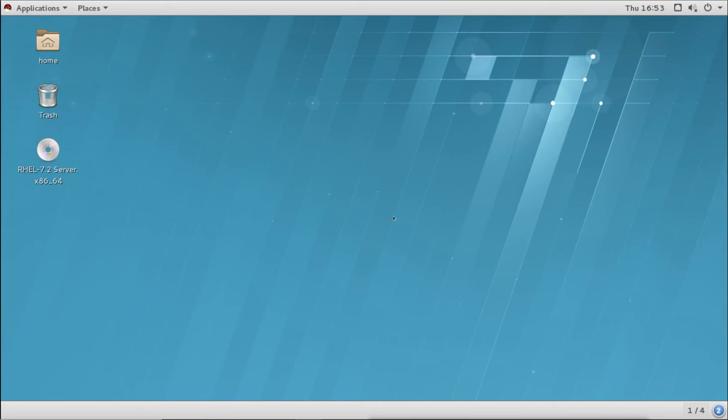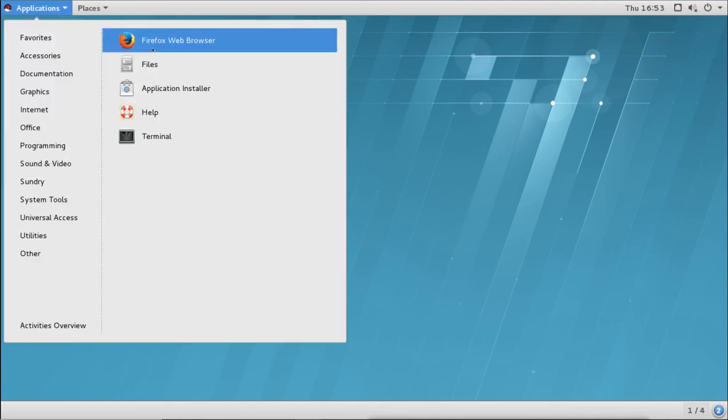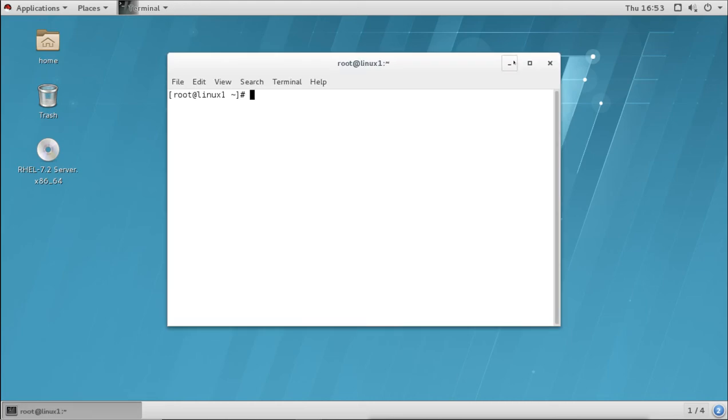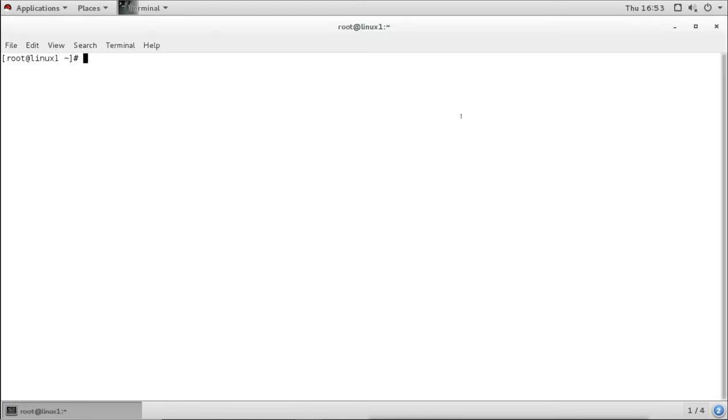Now this is our Linux, this is our server, and we are going to configure Apache HTTPD on this server. For configuring Apache HTTPD, we should configure the DNS server first because it needs to resolve the names.